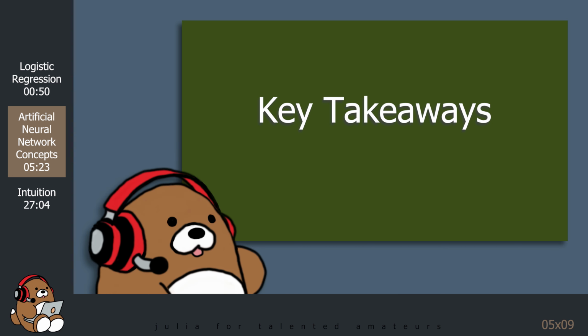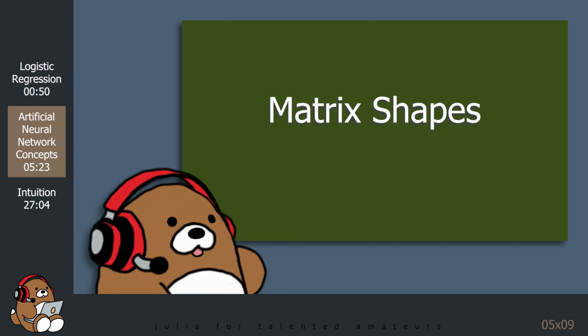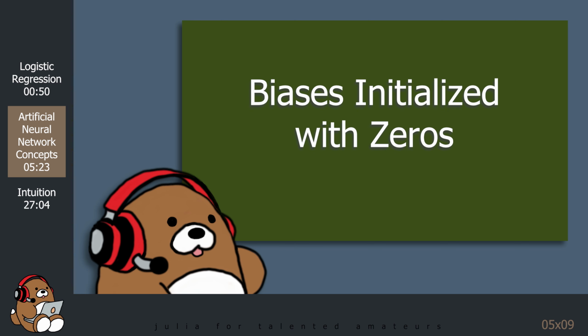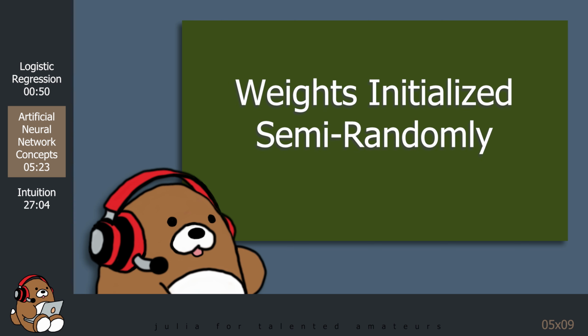So, what are the key takeaways? The shape of the parameters are all consistent with the shape diagrams that we drew earlier. The values of the biases are initialized at 0. The values of the weights are initialized using some methodology using both positive and negative random numbers, within a range that depends on the number of nodes in the dense layer.